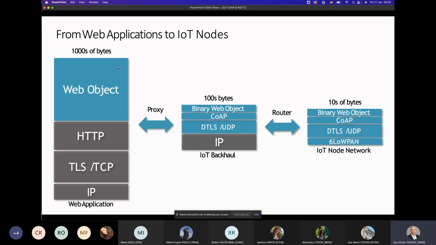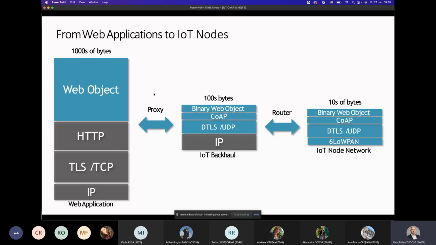So a packet might contain some high-level web object data, and then it has the lower layer hypertext transport protocol, TLS, TCP, and IP data. Whenever you're packing this data, it's usually in the terms of thousands of bytes. This cannot be actually transferred in a very constrained network because of its size.